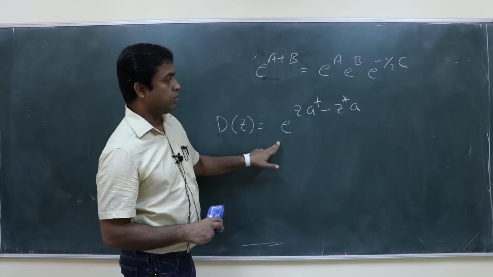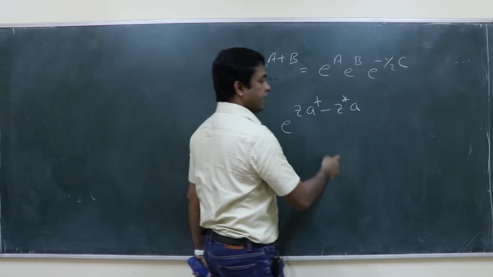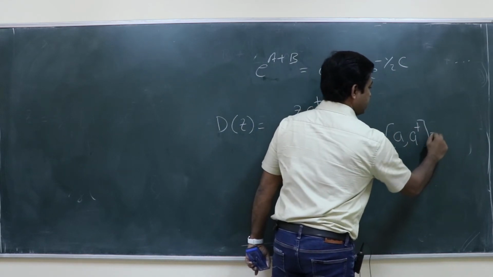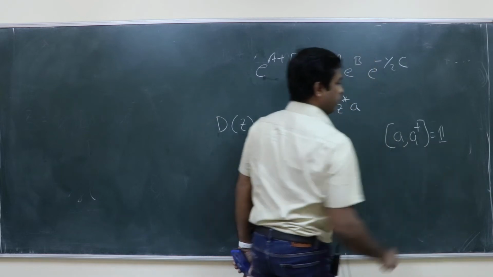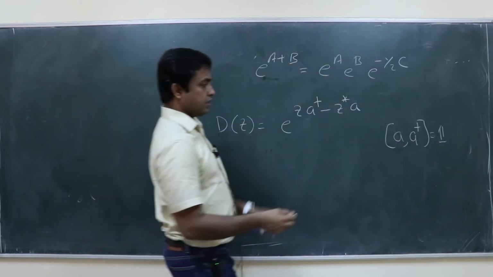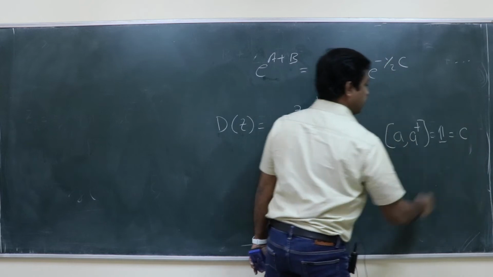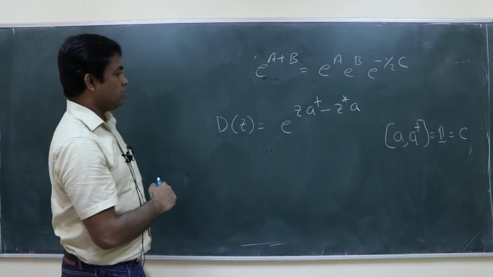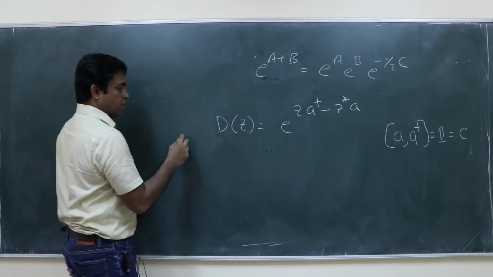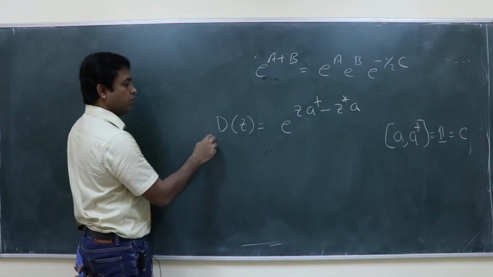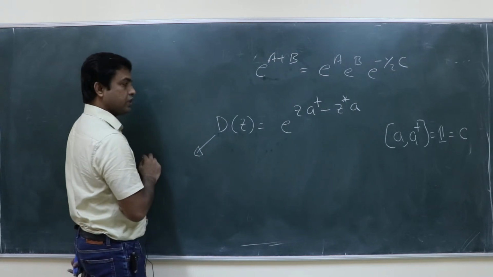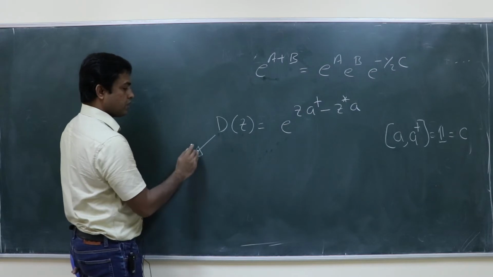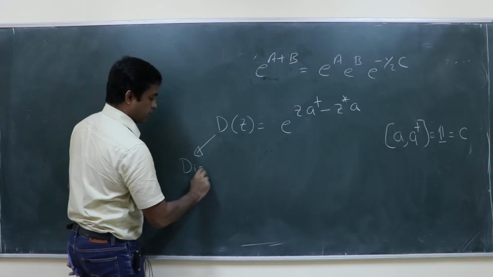Yes, because of the commutator of A and A dagger, these are the same operators we have been discussing earlier. The commutator of A and A dagger is equal to the identity operator, so obviously that is basically the C. C commutes with A and A dagger. So this is an application in physics. You will learn more about this later on, but at least understand these are all applications in physics. This is basically called the displacement operator.